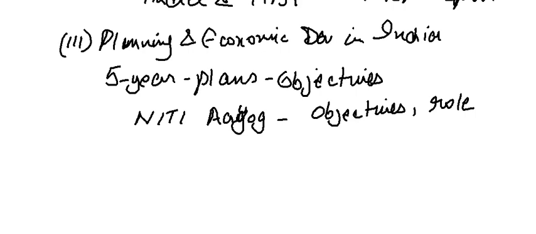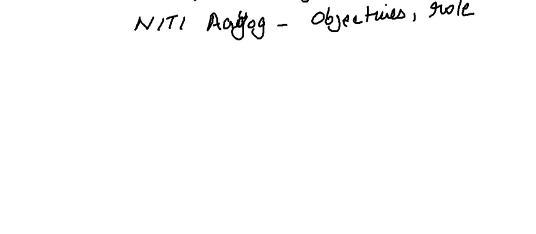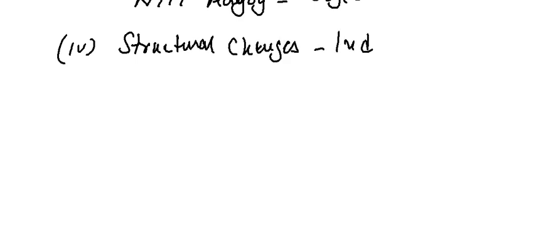All right, what is the next thing we have in the syllabus? There are around 7 things that you have to study in the syllabus. So I'm trying to move on and discuss in the most brief way possible. Number 4. Here we have structural changes in the Indian economy.